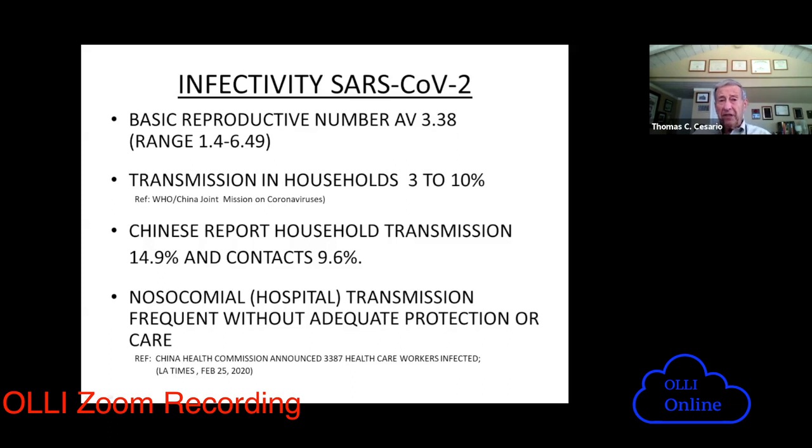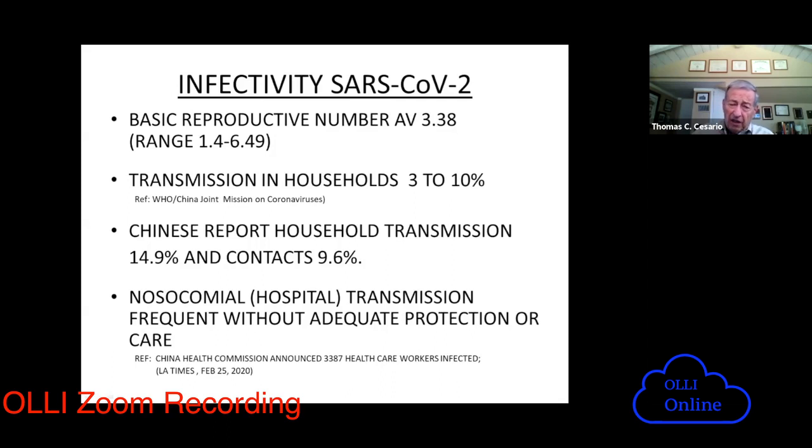If you were to determine that by accurate antibody tests, it might be different. And I think it's probably higher than this, or we'll find it's higher than this when we actually get adequate antibody tests to determine who in the household is infected. But in general, we can say if you live in the house of somebody who has this virus and you're not protecting yourself, there's about a 15% chance that you are going to be infected yourself.